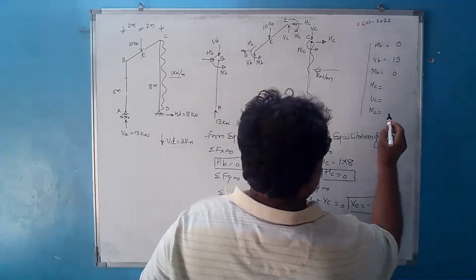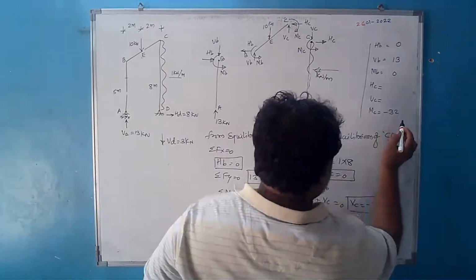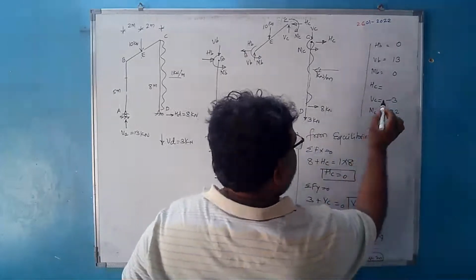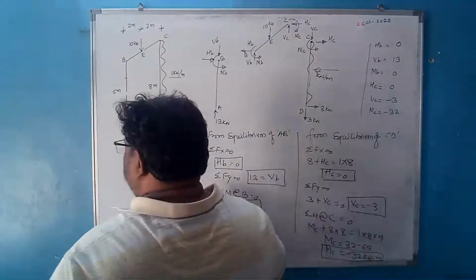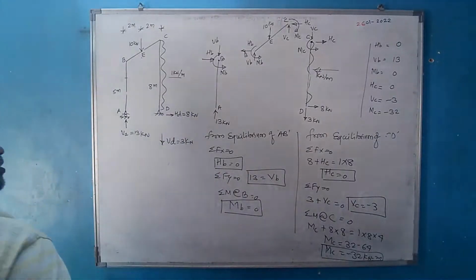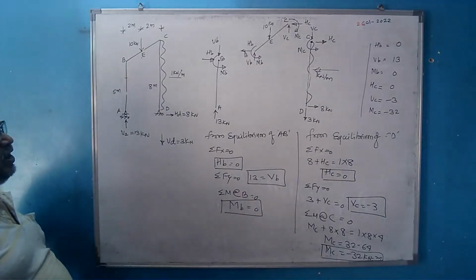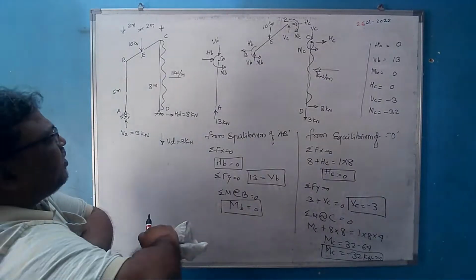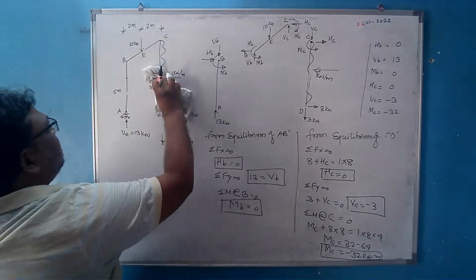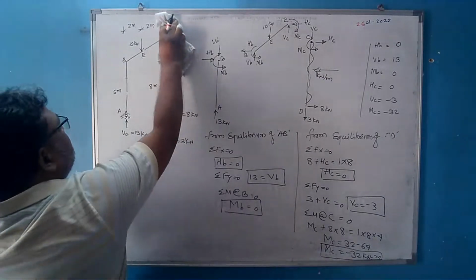It means the opposite. Okay, no problem. It is minus 32, VC is equal to minus 3, and SC is equal to 0. Finish. So we have done almost 50% of the solution, or 60% of the solution. We have got the required unknowns. After getting the required unknowns, if there is any minus, we have to sketch the correct diagrams with the correct